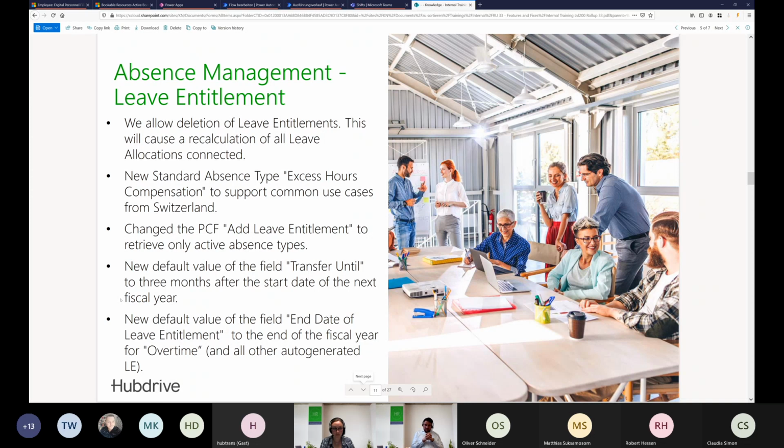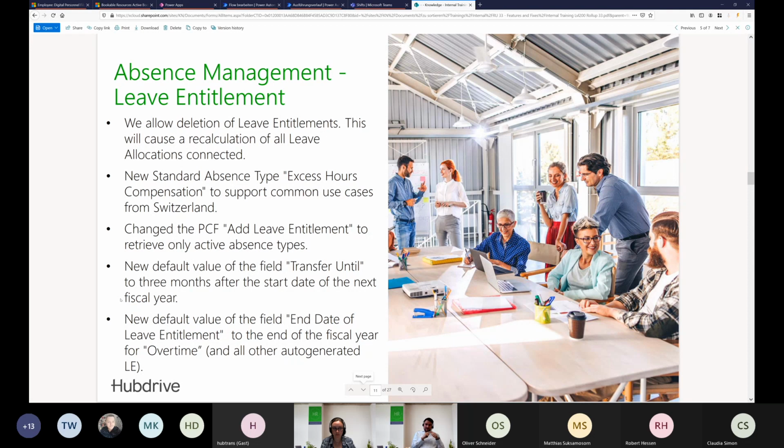The end date, however, if an entitlement is created or auto-created coming from a time account of hours, or if you're using not the time account but the old functionality of creating, for example, overtime entitlement directly from a daily summary, then we now make sure that the end date is always the end of the fiscal year. Both of these parts are important for customers, as we definitely make sure that the offset calculation is triggered,